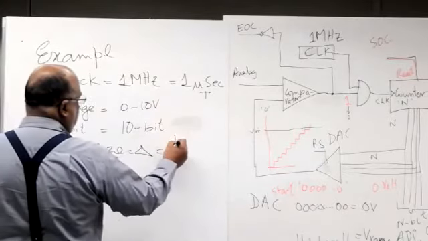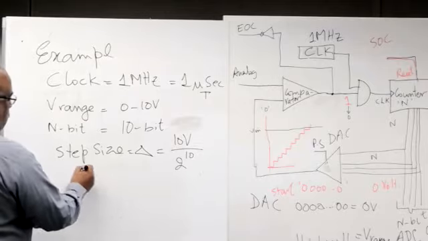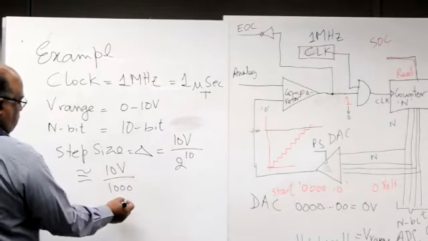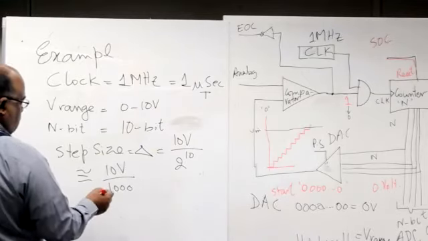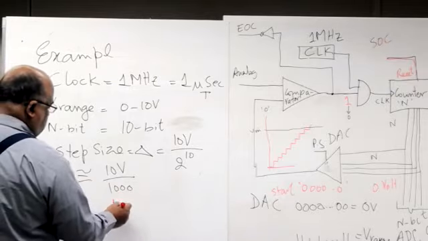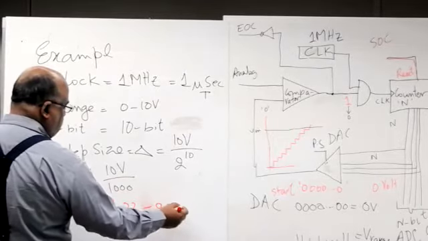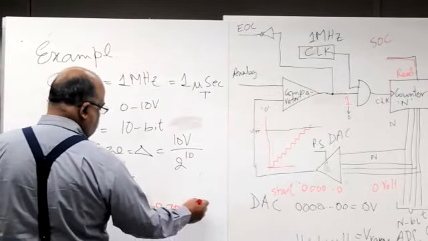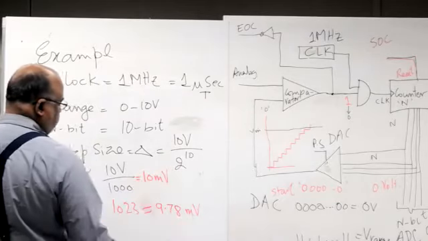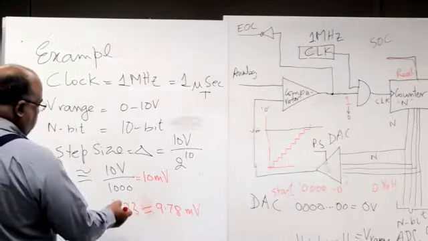Delta is equal to 10 volt divided by 2 raised to the power 10, which is nearly equal to 10 volt divided by 1023 होना चाहिए, 1023 से 9.78 मिलीवोल्ट्स आता है। ओके, तो अगर मैं इसको 1000 अप्रोक्सीमेट करूं फिर कितना आता है? 10 मिलीवोल्ट। तो ये अप्रोक्सीमेट हम कर लेते हैं 10 मिलीवोल्ट। अगर आपके पास कैलकुलेटर है तो आप इसको एग्जैक्टली कैलकुलेट करें।